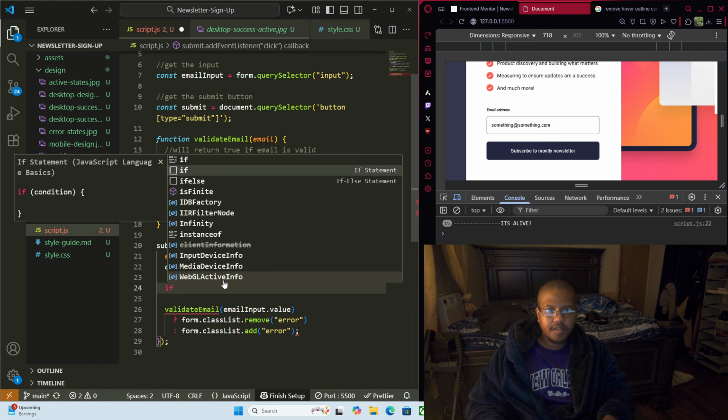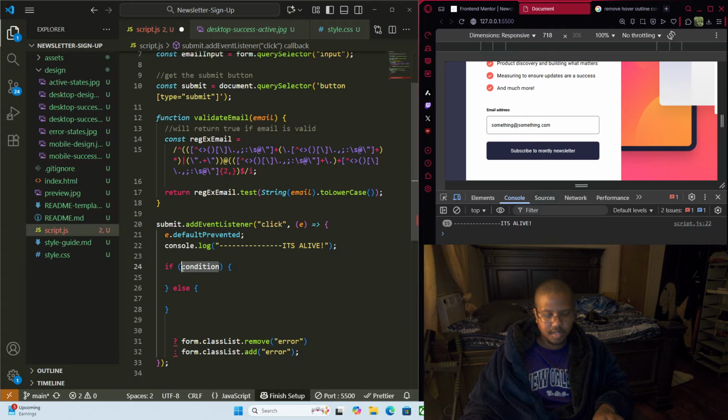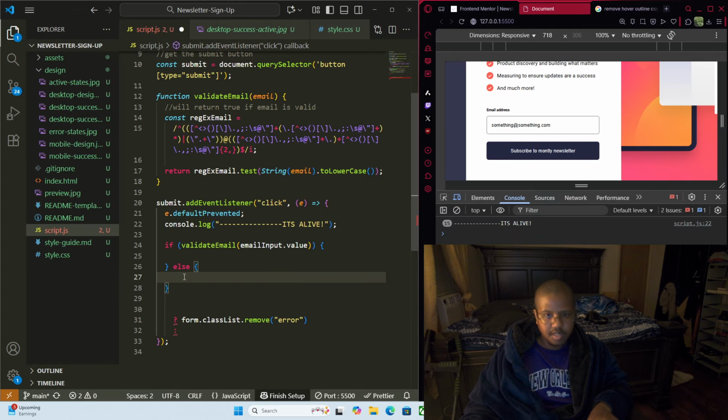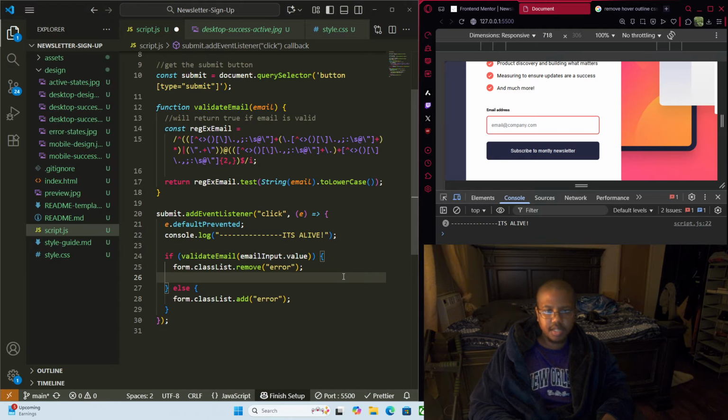I was trying to be all fancy. We're just going to make an if else, and that'll work the same. Yeah, that's a placeholder, by the way. That's not a value. form.classList.remove error, and then we're going to say